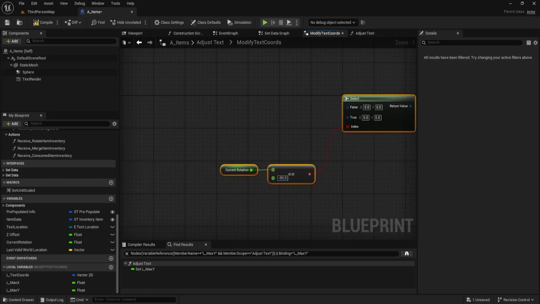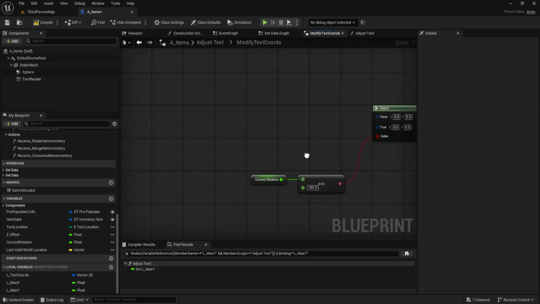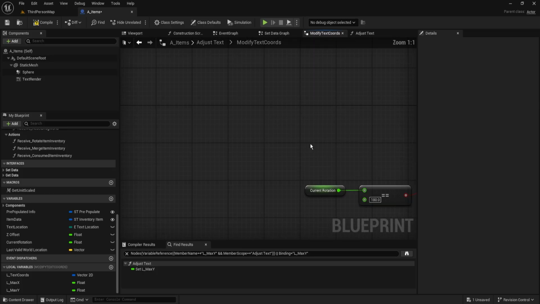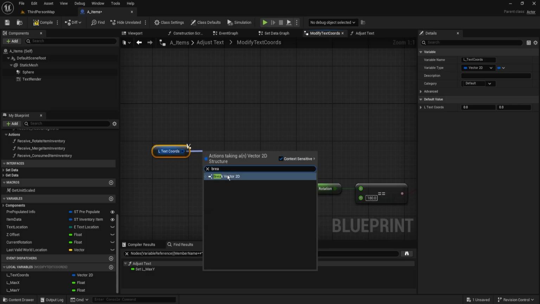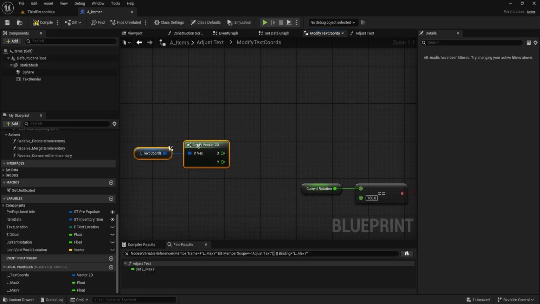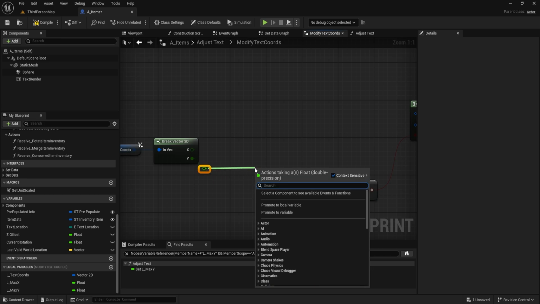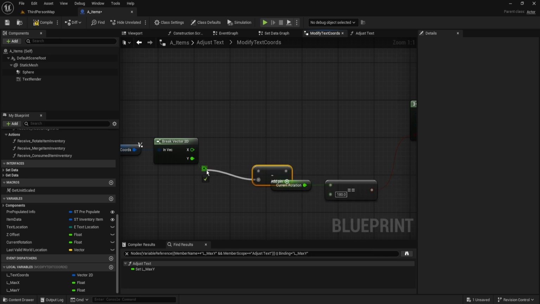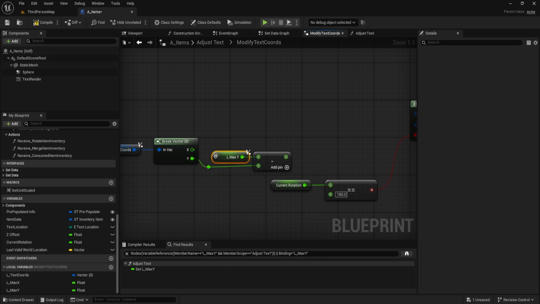And this time it's going to be for 180. If it is double equal to 180, we want to do a similar thing. We're going to get our text coordinates. We are going to break the text coordinates. And for the Y, we're going to get the total span here, so our max Y here. And from the max Y, we're actually going to remove